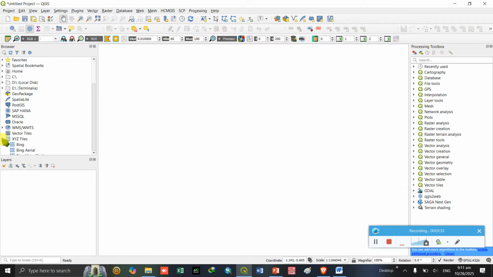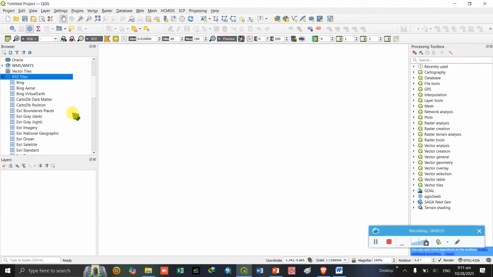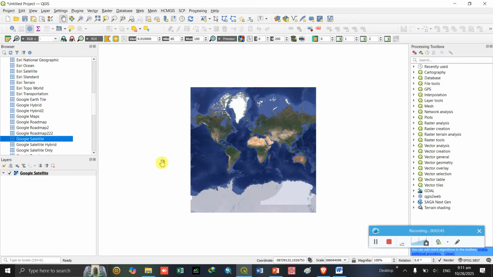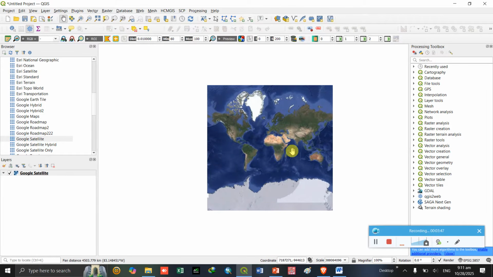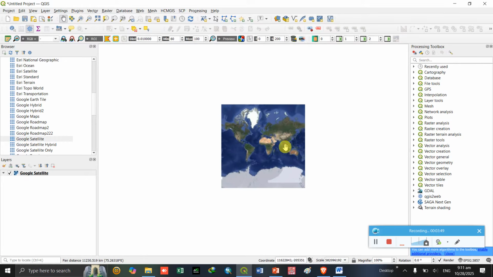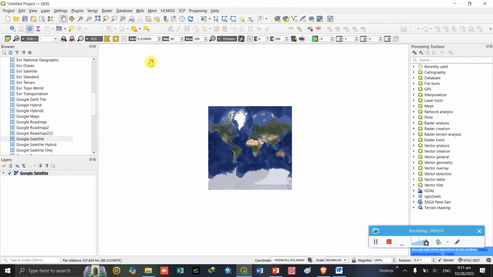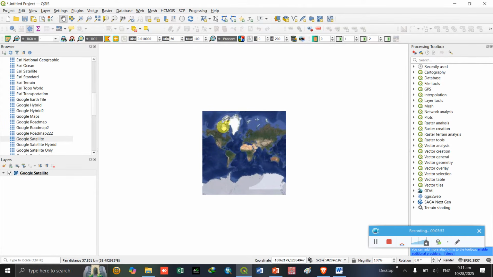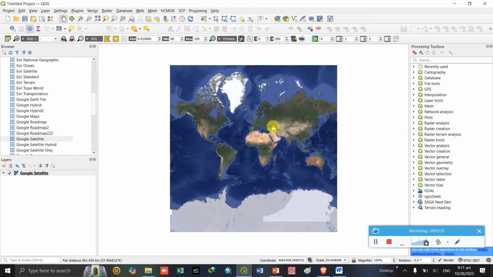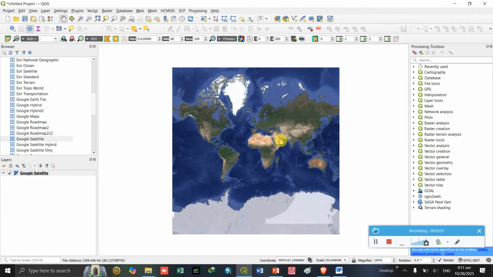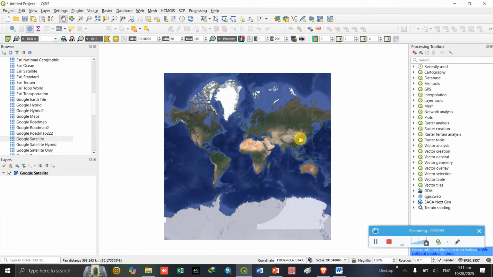To display the XYZ tiles, you just need to double click the link. Say for example for Google Satellite, you just need to click, and of course you need to have an internet connection. If you don't have any preloaded vector data or shapefile, it will display the whole world map.